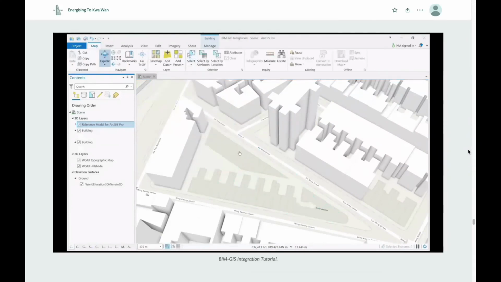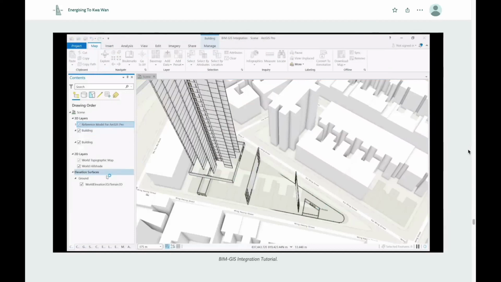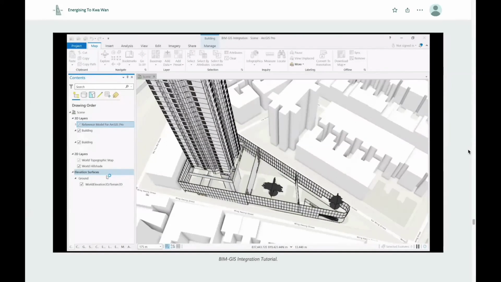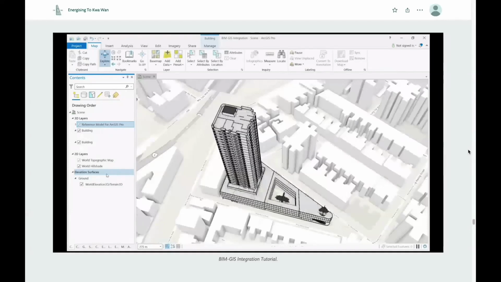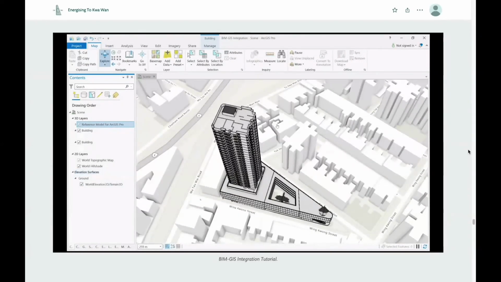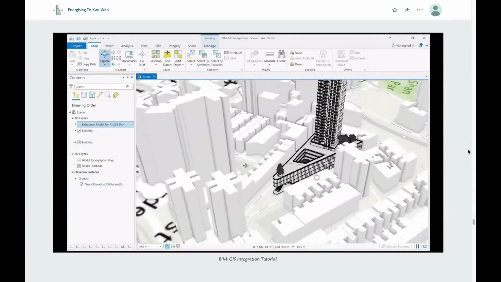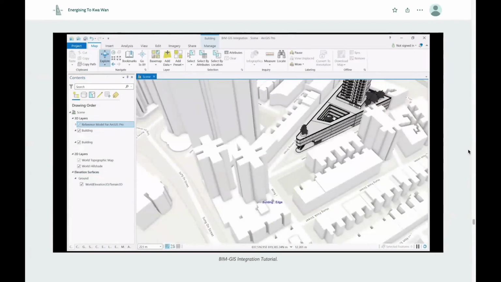After that, we need to give ArcGIS Pro some time, since it is rendering the whole building. Every facade, every wall, every component will be rendered accordingly. After a few minutes or a few seconds, the model will be rendered completely, as you can see here.